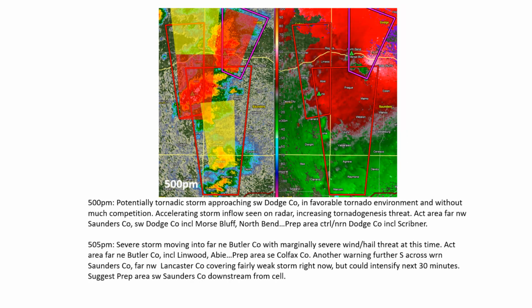By 5 p.m., we now have a tornado warning for that eastern storm and increasing storm rotation on the velocity data. We also have a nice looking supercell further to the southwest within the severe thunderstorm warning polygons. And we have another storm further south that is not severe but has the potential to intensify, and we have a prepare area for that particular cell, given the potential for intensification.